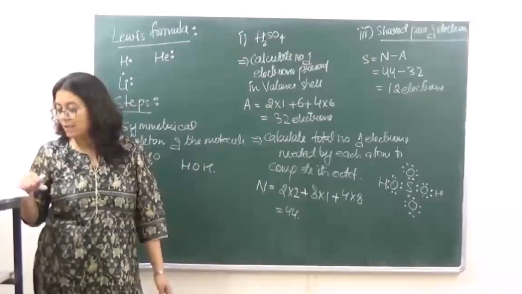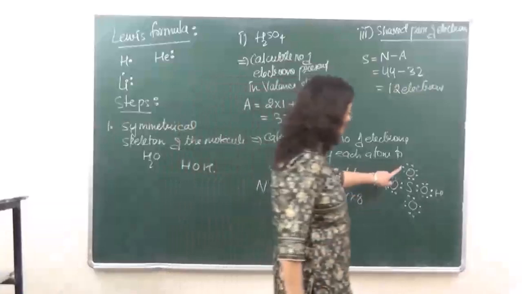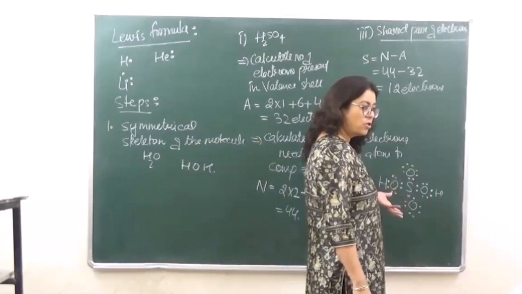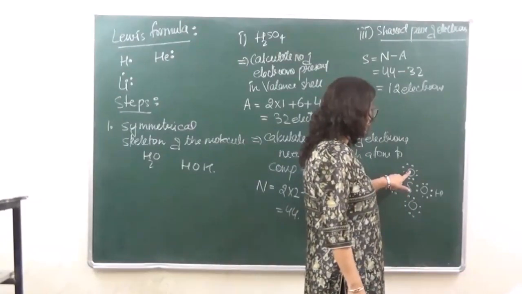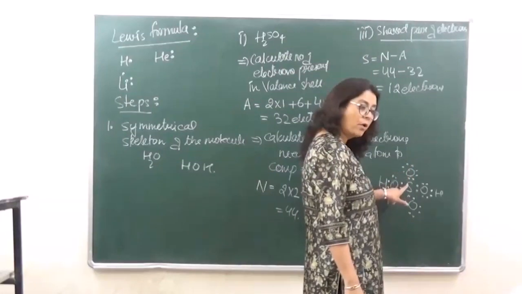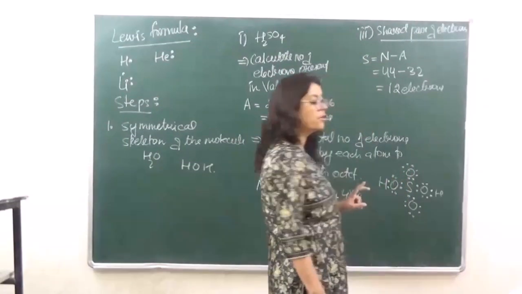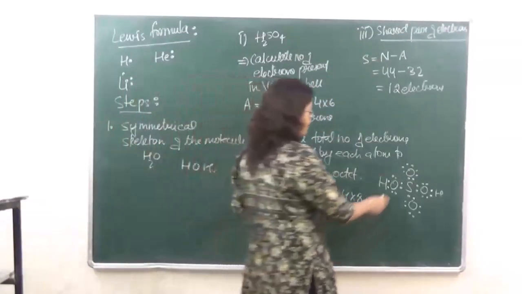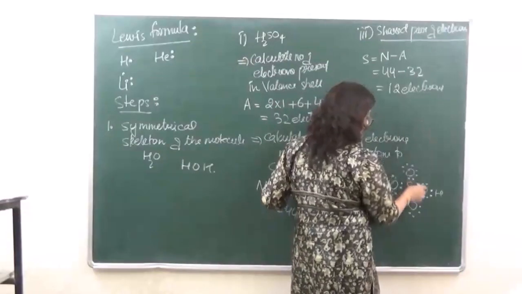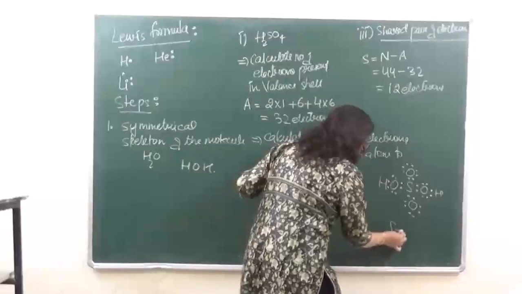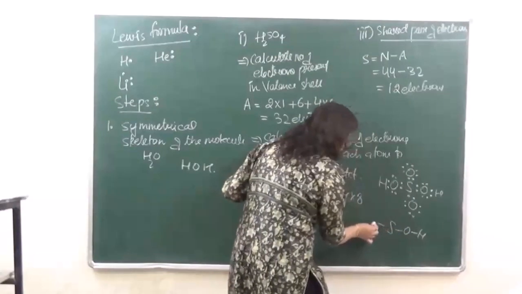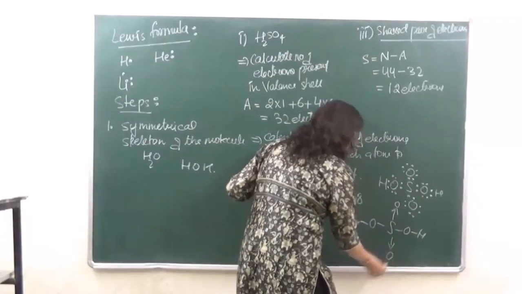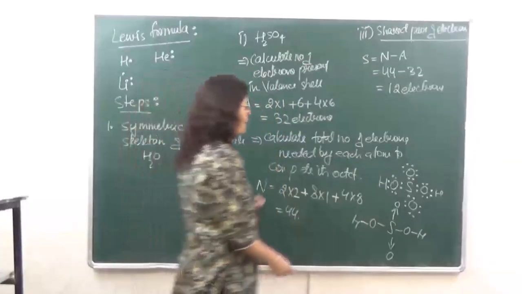So if you're looking at the structure over here, especially these two oxygens, you can see that there should be 6 valence electrons in oxygen. So over here the electrons of oxygen, they are not participating in bonding. So the bond formed between sulfur and oxygen is going to be a coordinate bond. Clear? So what is happening over here is that this oxygen, if you're looking at the structure of sulfur dioxide, this is going to be the structure, right? With lone pair of electrons.